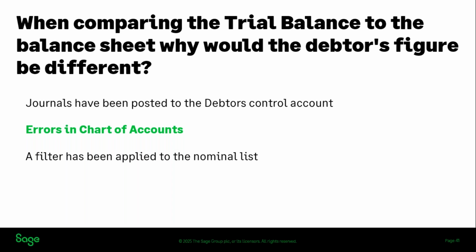Okay, so one could be chart of accounts because you've missed some of the codes. They're not showing on your trial balance on the report. In fact, bear with me one moment, it's the trial balance. It could also be that journals have been posted to your debtors control account. Okay, so errors in the balance sheet means that the balance sheet will not be picking up those nominal codes,